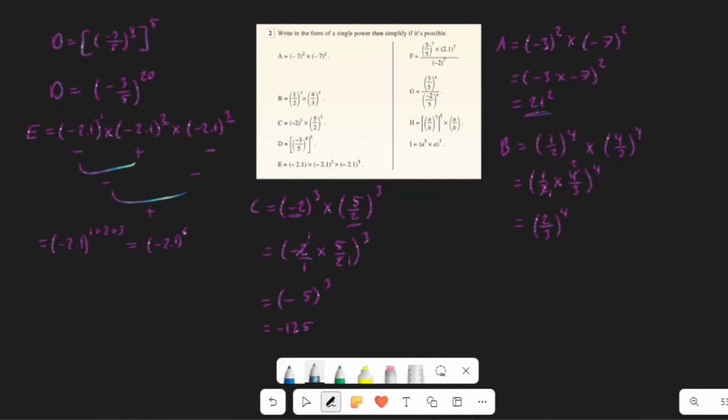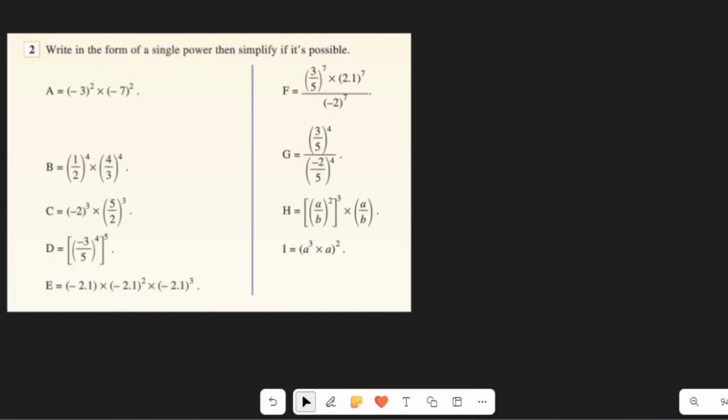So here are the answers for the first part. Save them if you want, because now we're gonna erase them and work on F, G, H, and I. Starting off with part F, where we have